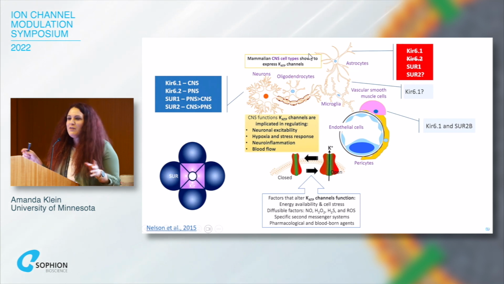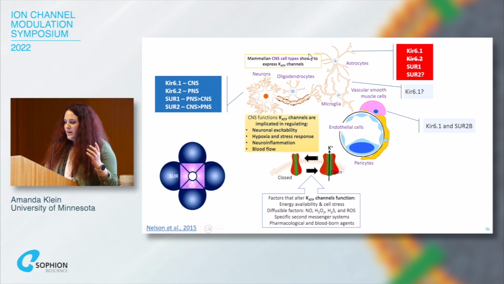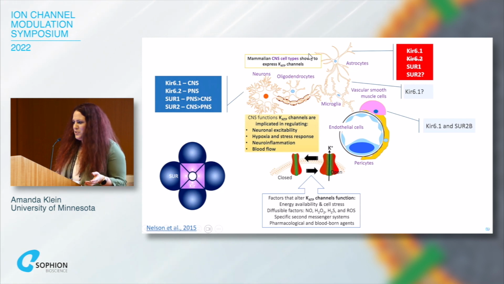I might have got somebody to laugh, but they are really almost like a metabolic sensor, and they link metabolism to neuronal excitability. Their activity is also changed during hypoxia and stress responses, during inflammation. And factors that alter KATP channel function are many, many different things. And then the last reason why I'm interested in KATP channels is because they are downstream of opioid receptor signaling. So they're similar to GIRK channels and some other inwardly rectifying channels in that they are opened upon exposure to opioids due to downstream signaling, which I don't have time to talk about today, unfortunately.